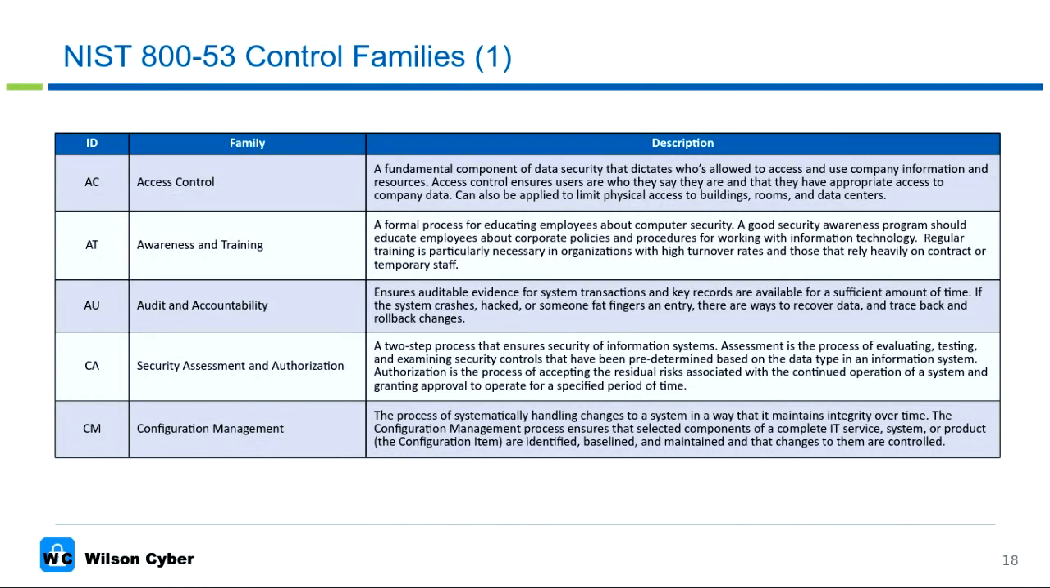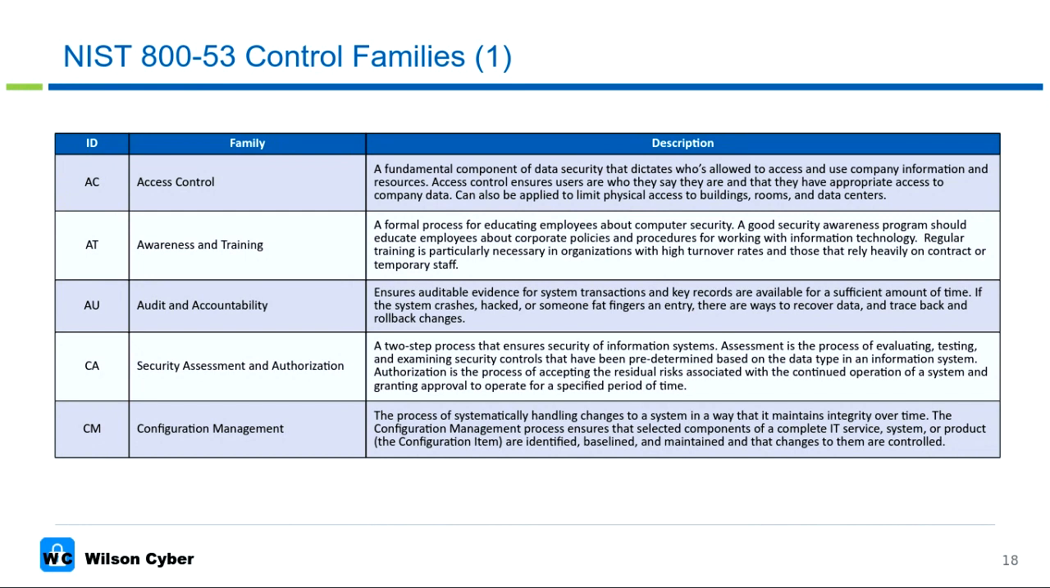Access control is a fundamental component of data security that dictates who's allowed to access and use company information and resources. Access control ensures users are who they say they are and that they have appropriate access to company data. It can also be applied to limit physical access to buildings, rooms, and data centers. Awareness and training is a formal process for educating employees about computer security. A good security awareness program should educate employees about corporate policies and procedures for working with information technology. Regular training is particularly necessary in organizations with high turnover rates and those that rely heavily on contract or